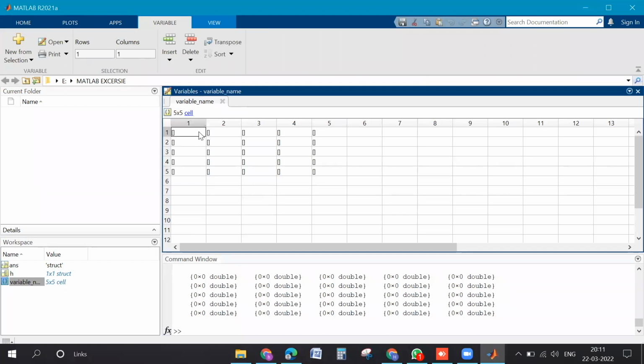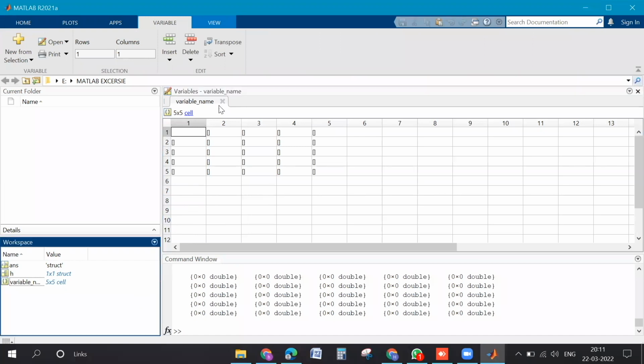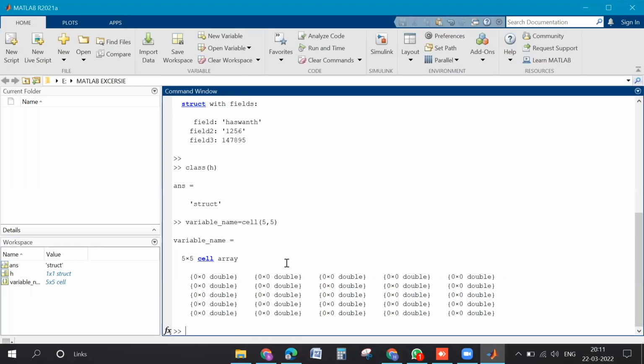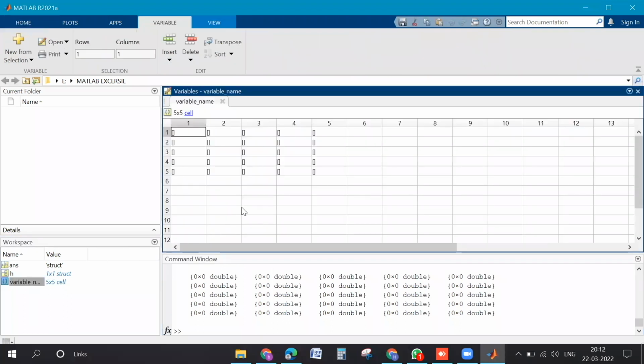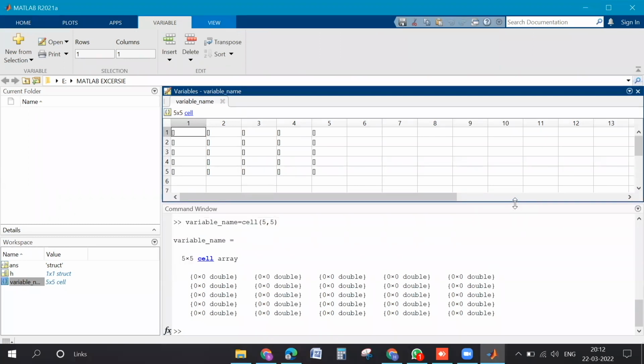You need to fill it with the corresponding values, with the help of commands only. Keep that variable open so that you will be able to see the changes. Double click on the variable. Downside, in the command window, you can type the same variable name equal to,